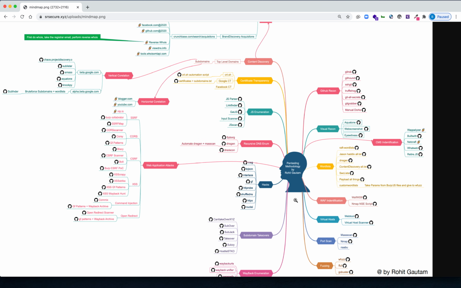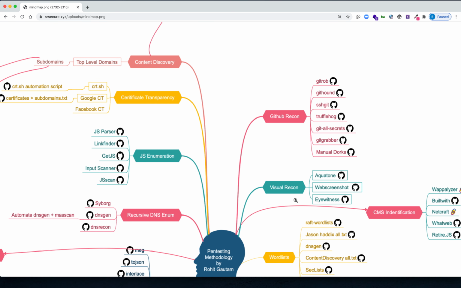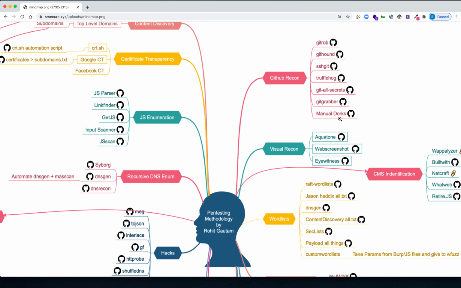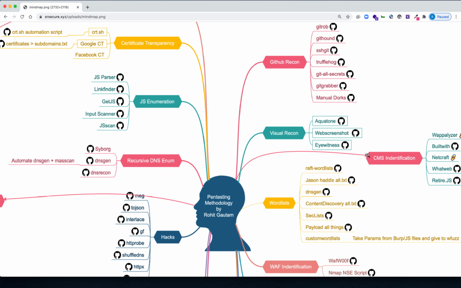Alright, now let's come to the right hand side and see what we have got. So in GitHub Recon, I used all these tools. I also love to do GitHub Recon manually because I have identified a lot of sensitive information about a target using manual dorks as well. So there are a lot of things which have been kept open which should not have been kept open by developers. So it is unwise to keep something sensitive on GitHub, which can be an API key, credentials, or some sensitive tokens which are active for any of the internal dashboard applications or any